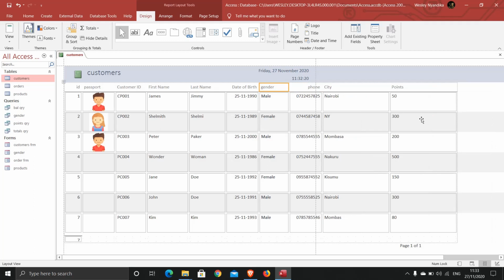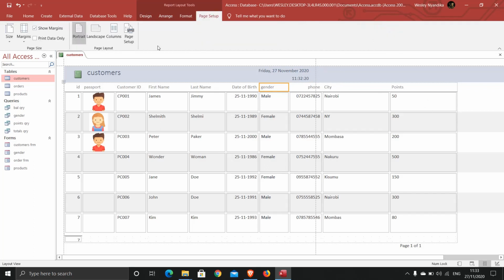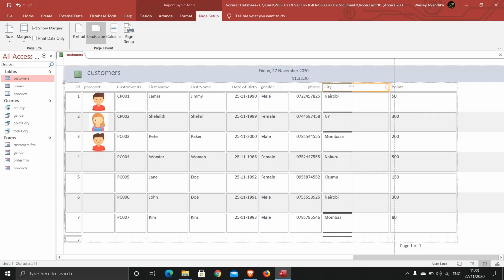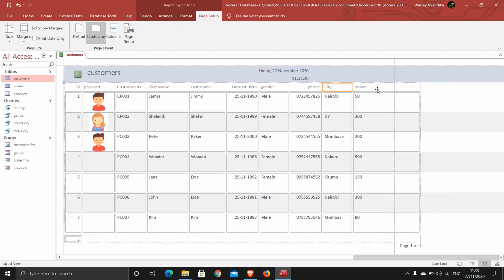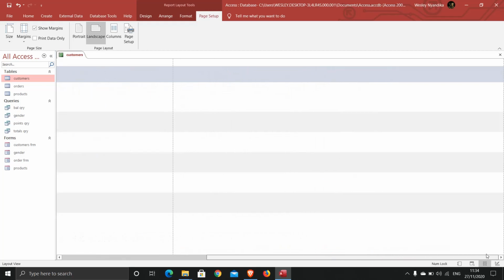Now as you can see, some items are still cut out, so there is another way we can do this. This page is portrait, so let's go to Page Setup here and change it to landscape, and perfect. See, on landscape now there are a few things that are cut out which we can fix very easily. So come to the city here and just reduce that, and last we come to the point here and reduce the point. Now everything is fitting, it's inside the page, but now we have this item which is out here, which means our page still has some items on the outer side. As you can see, that is the whole page.